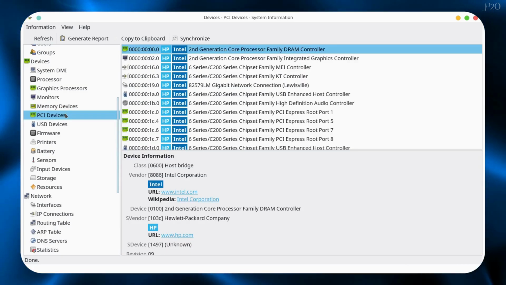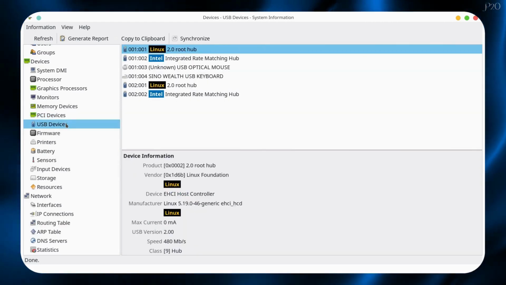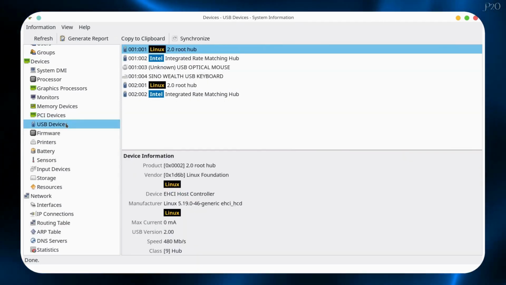PCI devices. This displays information about the PCI devices connected to your system. It lists the various devices connected via the PCI bus, such as graphics cards, network adapters, sound cards, and other expansion cards. USB devices. In this section, you can find information about the USB devices connected to your system. It lists the USB devices detected by your system, including external storage devices, input devices such as keyboards, printers, cameras,